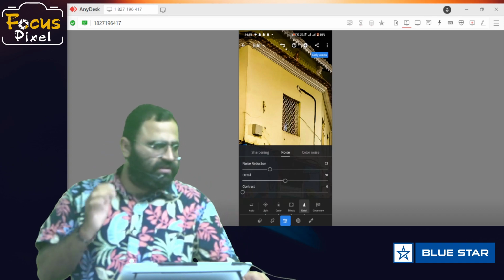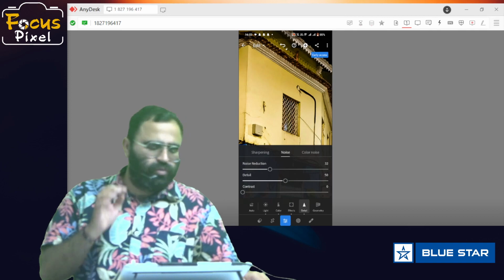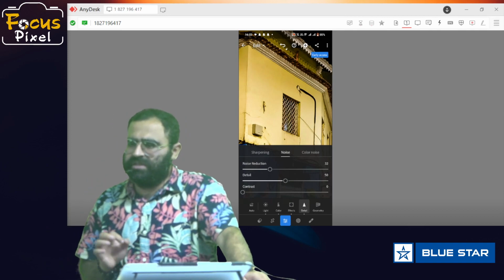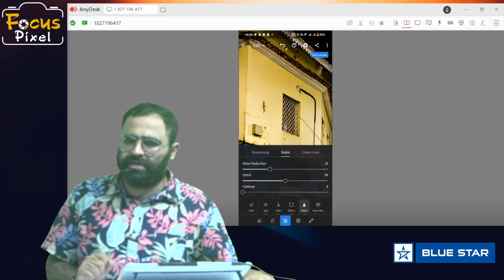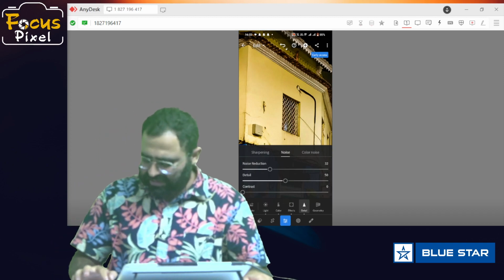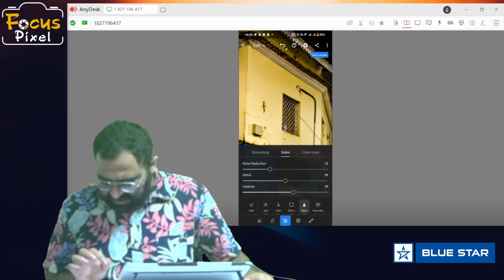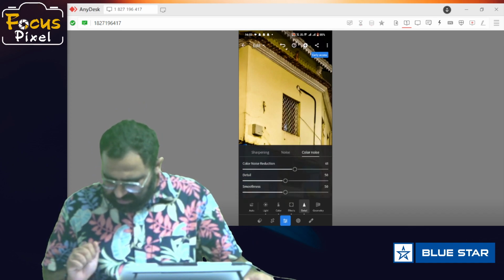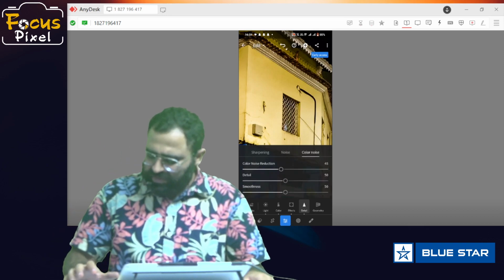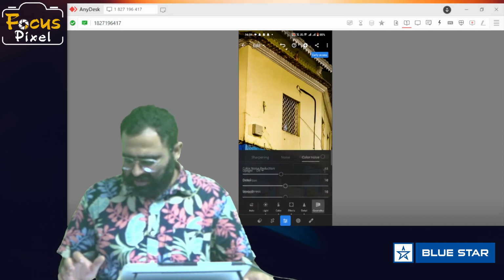This option, noise reduction, will smoothen those wrinkles in the image and it will give you a texture on the skin. So by this you can use that. That is the noise and color noise.